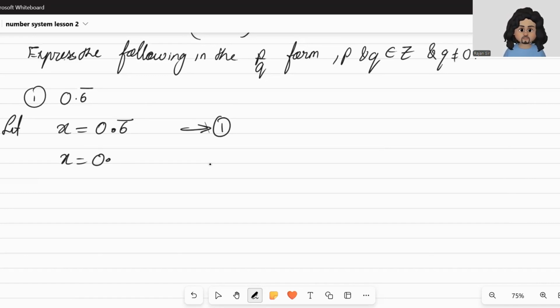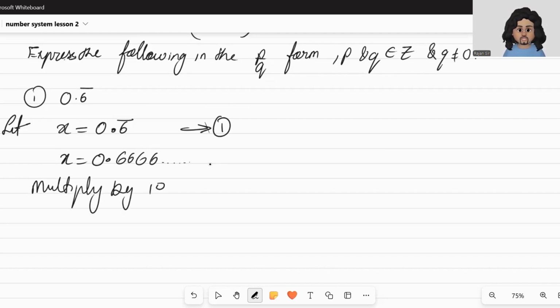So our first question is 0.6 bar. As you can see, there's a bar only on one digit. So this is how we should write it. We have x equal to 0.6 bar. Take this as equation number 1. Now we understand 6 bar means 6, 6, 6, 6, and so on continuously. So we multiply by